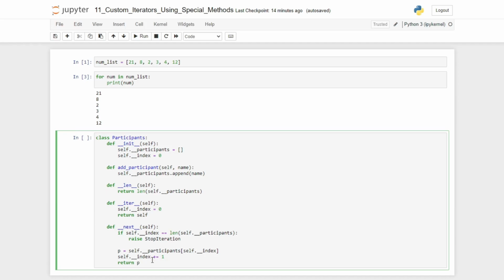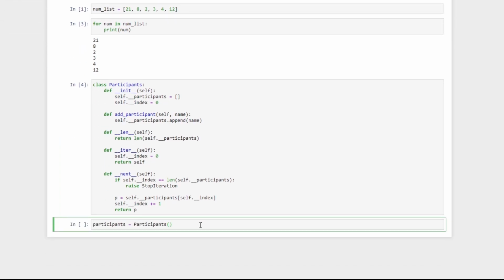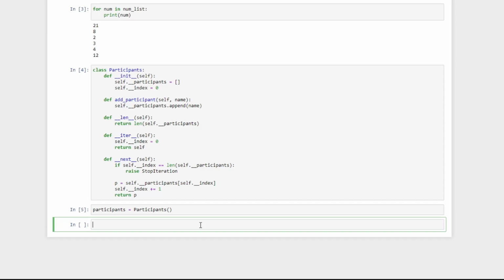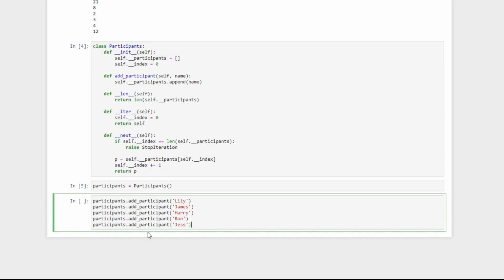Then we increment the index value by 1 and return the value of p. If it is a bit confusing, please take some time to review and analyze the code, or maybe you will understand it more once we test this class by creating new objects and then execute a for loop. Now let me execute this class, and here we create an object of type participants,